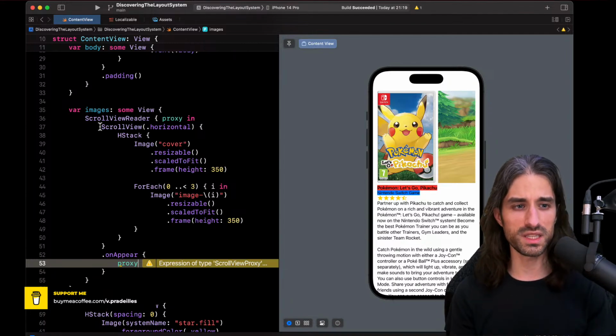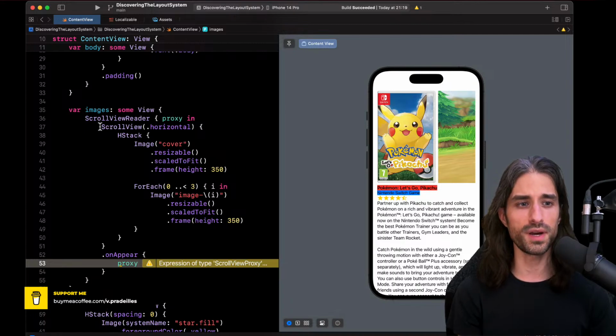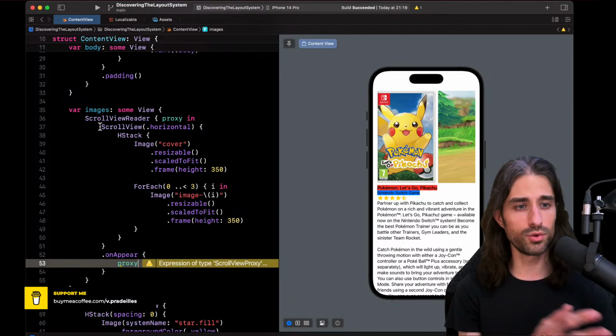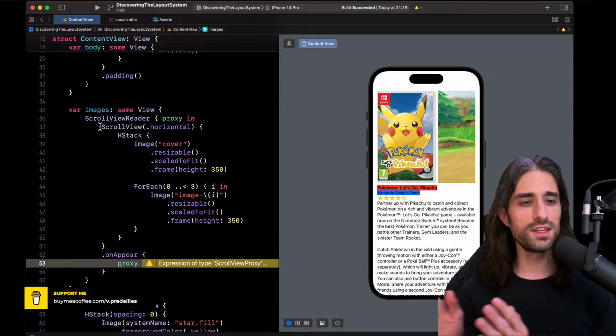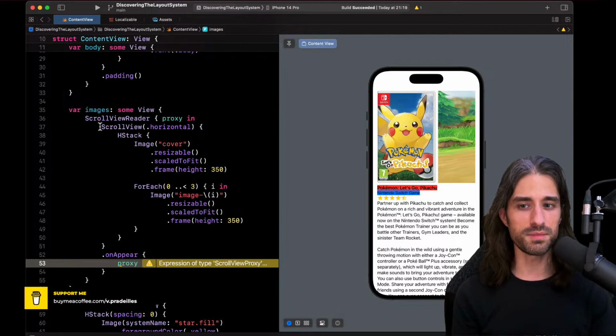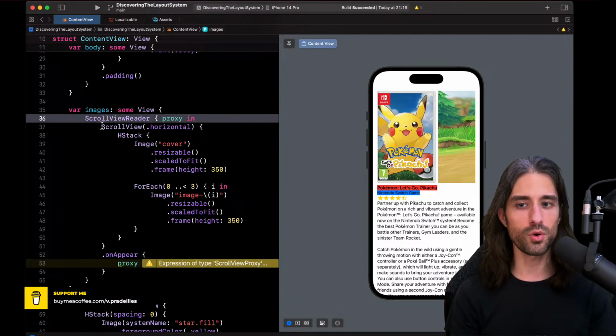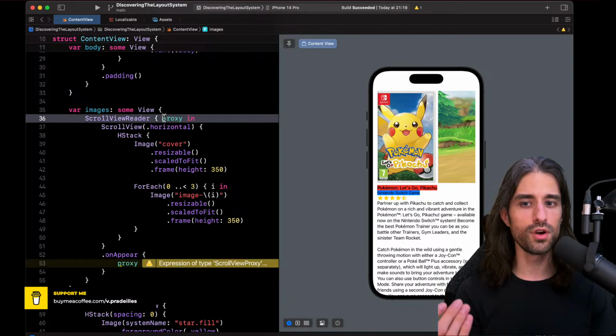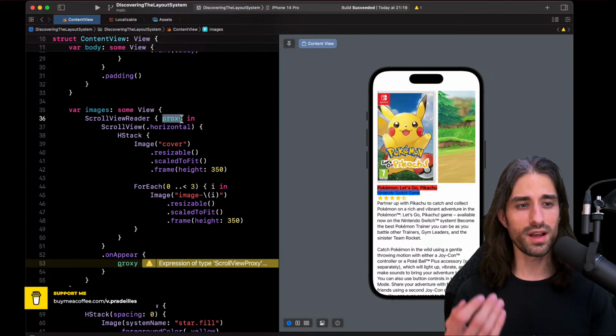I will pass it the message, and the way that message is passed is part of the private implementation of SwiftUI, the one we don't have access to, so the part where the imperative code, the code that makes the side effects that actually do things on the screen, is implemented. We don't touch that part of the code. We only use the functional part of SwiftUI, which is its public API. And so when we want to interact with a scroll view, we use a scroll view reader that will allow us to relay messages to the inner scroll view through the proxy that is available as an argument.